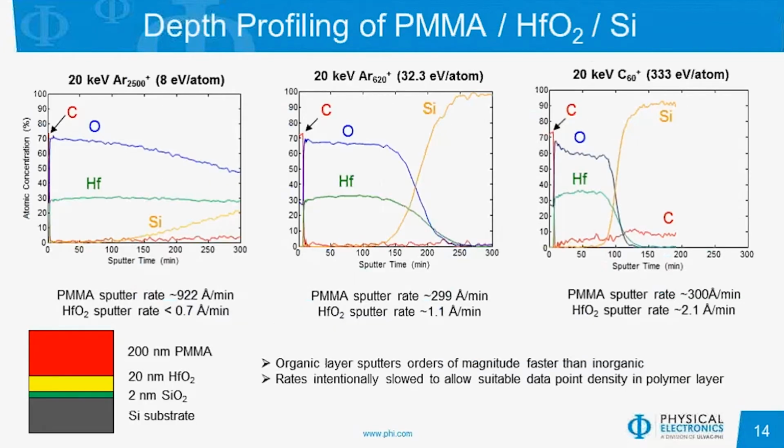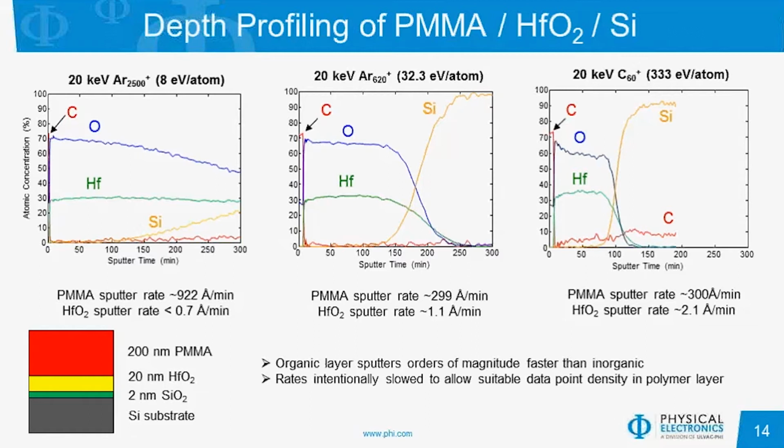Now, in the last part of this talk, we want to look at a mixed inorganic-organic stack under several conditions that may work in both cases. So we've looked at a PMMA hafnium oxide silicon stack. Shown on the bottom left, we have a 200 nanometer PMMA on 20 nanometer hafnium oxide using both a low energy GCIB setting on the left side to a slightly higher eV per atom setting of GCIB, and then our C60 setting. And what we notice with the low energy GCIB,